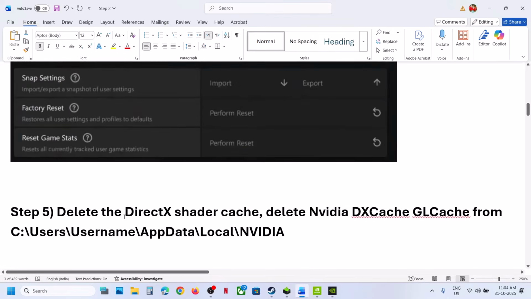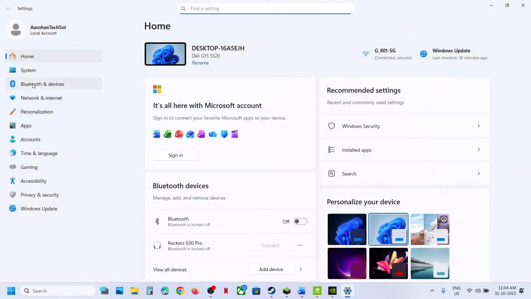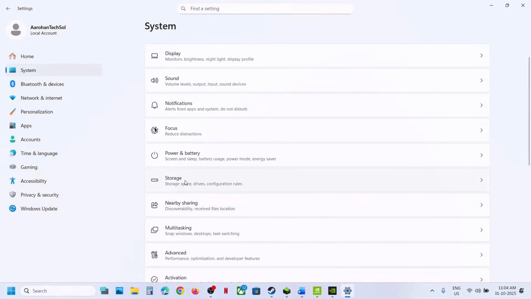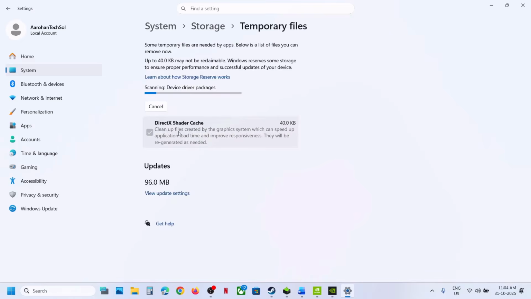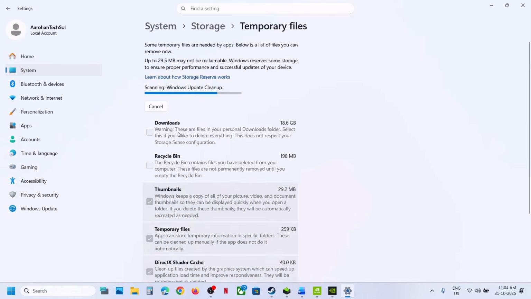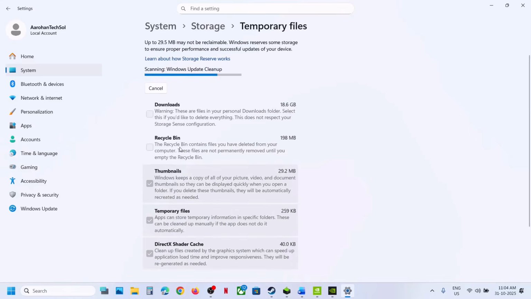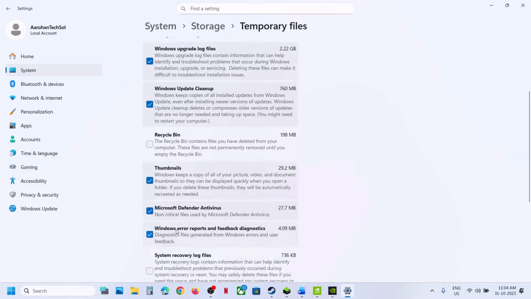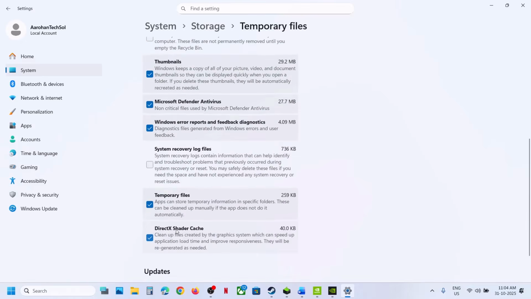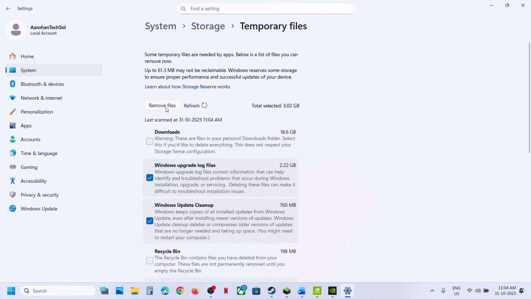delete DirectX shader cache. For this, you can open Windows settings, go to system, then storage, and then go to temporary files, and over here you will find DirectX shader cache. You have to give it some time, it will load. Once it is loaded, you should be able to put a check on this. Here it is, DirectX shader cache. You can put a check over here, and then at the top you can click on remove files